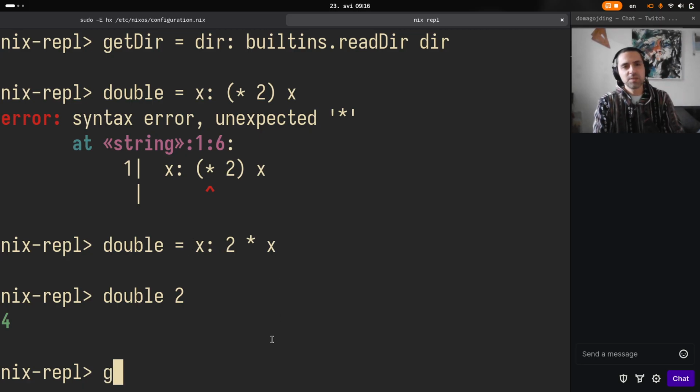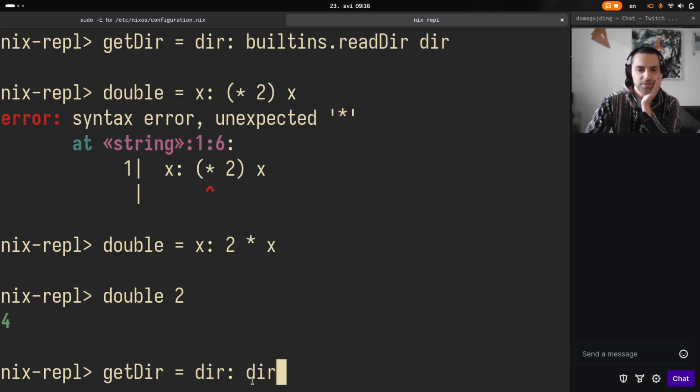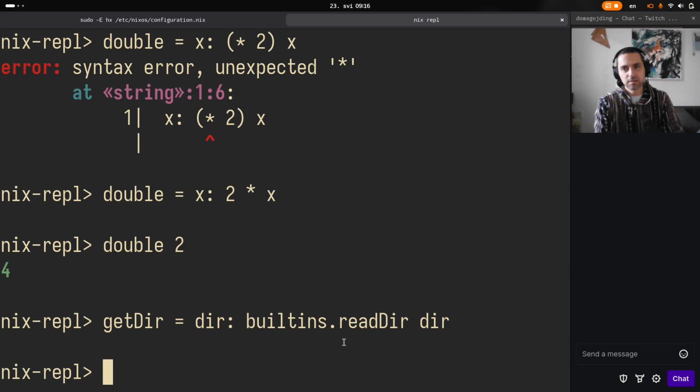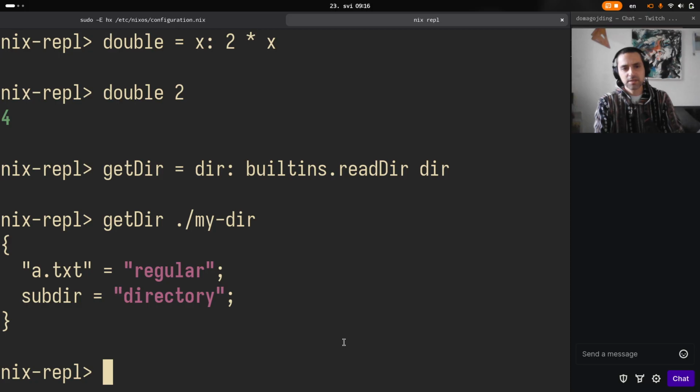So now we have the same thing with getDir, is we have the dir and dir, right? So the directory goes here, we drop the head. So what do we do with the dir? We want to list the contents of the dir. And that's where we get, yeah. So now if I do getDir my dir, we get this a text regular subdir directory. I guess this regular or directory